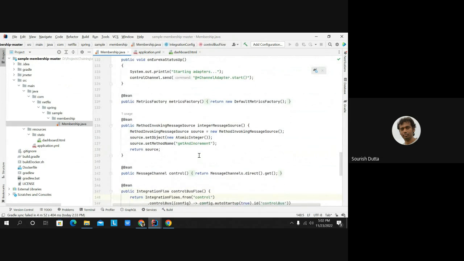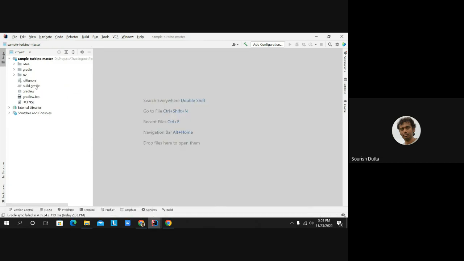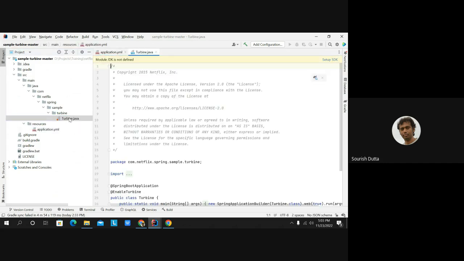Okay, so the next thing is about how many times the messages are invoked, right? Or some kind of metrics if we need to be calculating. So for Netflix OSS, they basically use Turbine, which basically acts as a monitoring server. So out here in the Turbine,